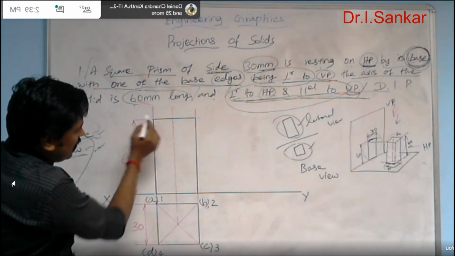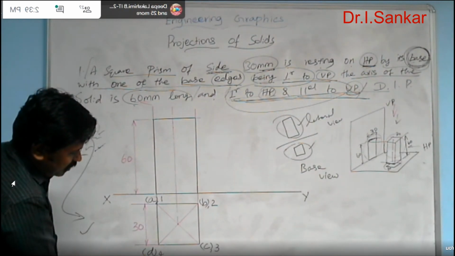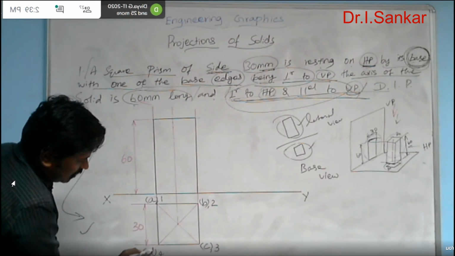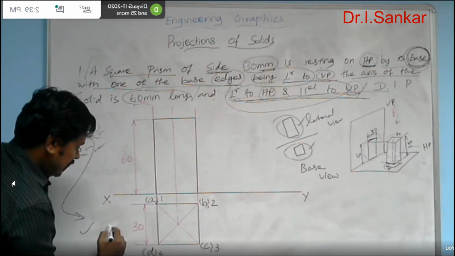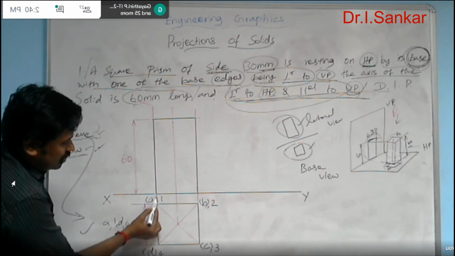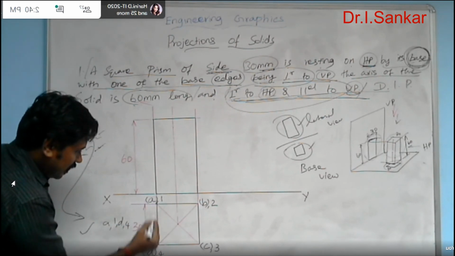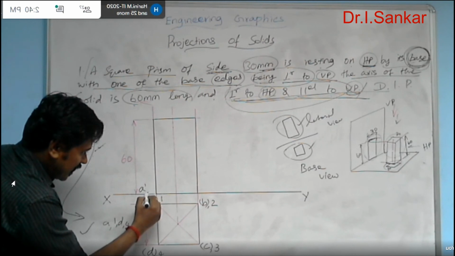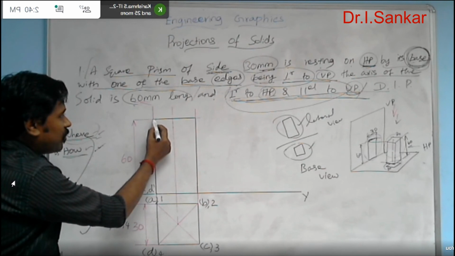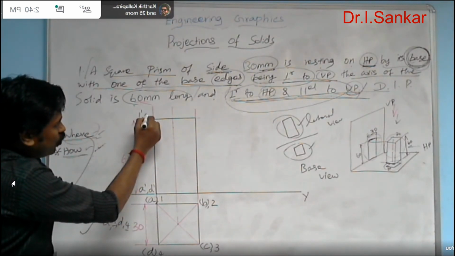What is the name of this corner? You need to just verify the corresponding projectors. Actually, this projector is common for, as I have already told, A1, D4. So the points A1, D4 are traveling along with this projector, but at the base this projector drops the points A dash and D dash, and the numerals will be dropped at the face. Who are they? 1 and 4, 1 dash and 4 dash.